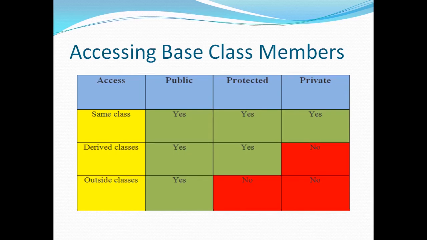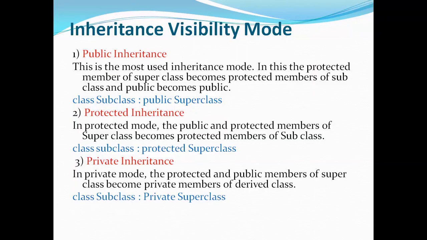When a member is public in the base class, it is also accessible by outside classes, but if a member is protected or private in the base class, then it cannot be accessed by outside classes. This is the inheritance visibility mode. In public mode, which is the most used inheritance mode,